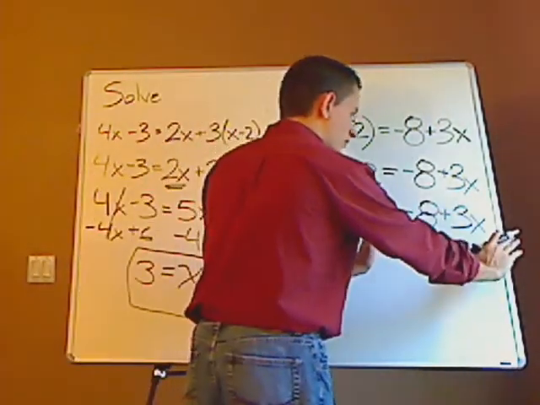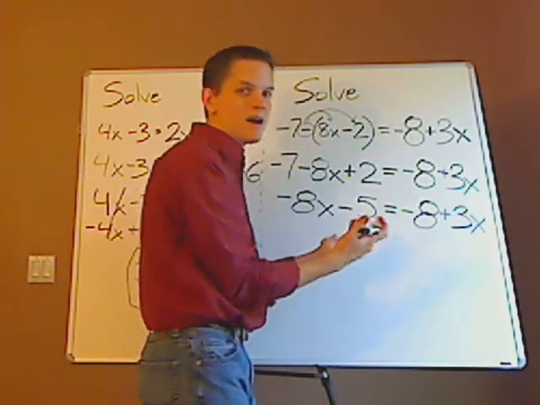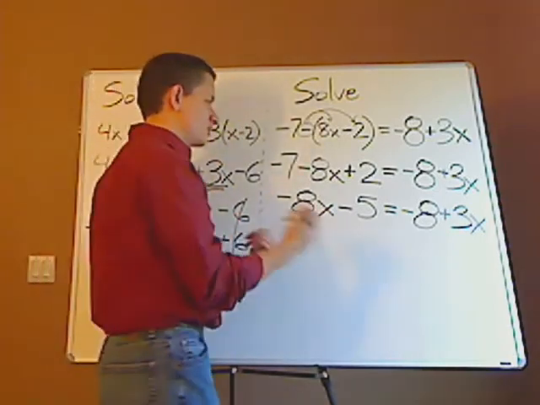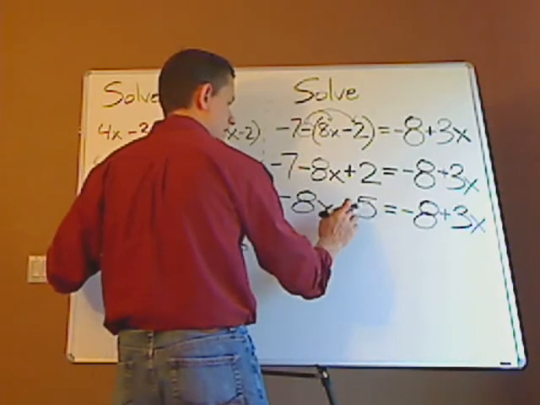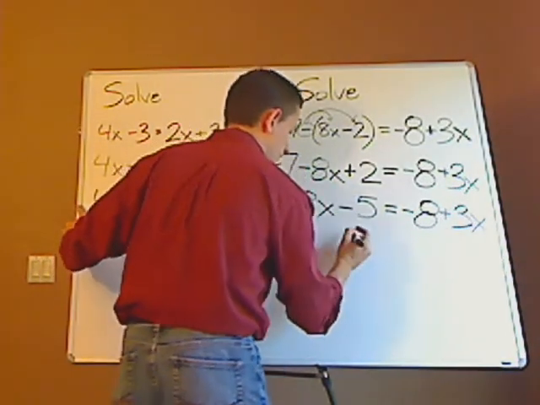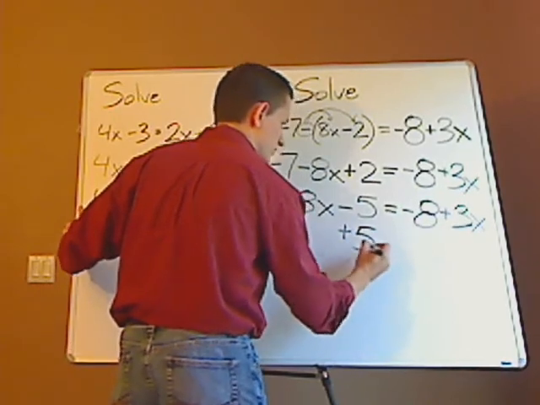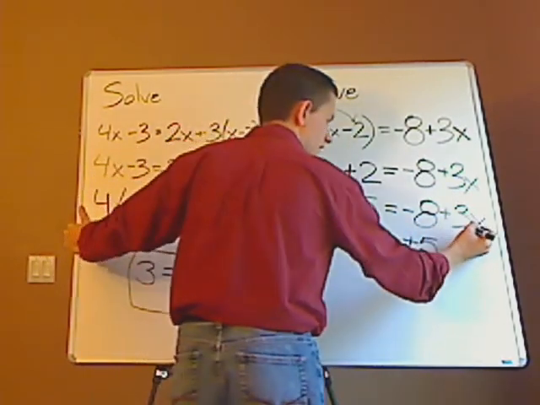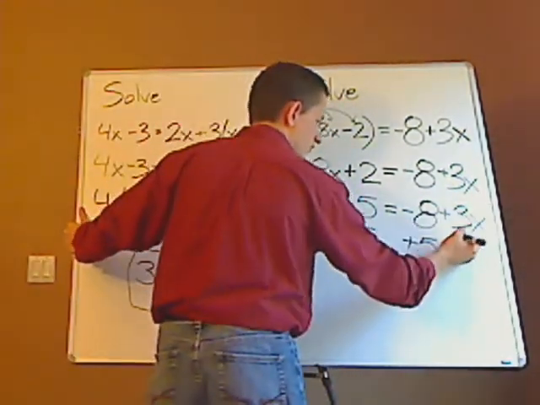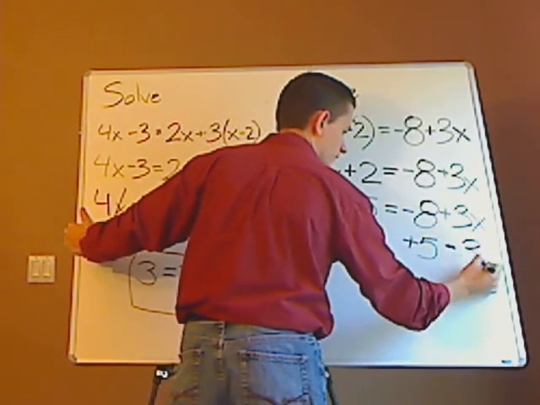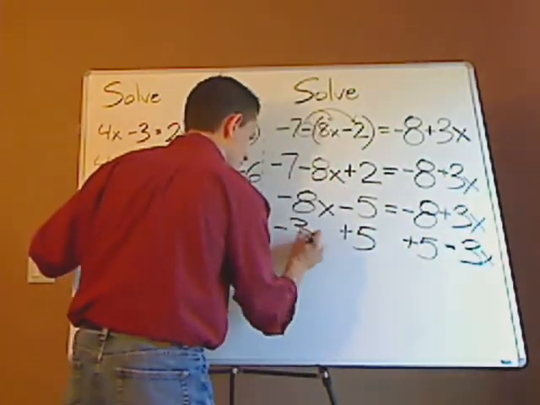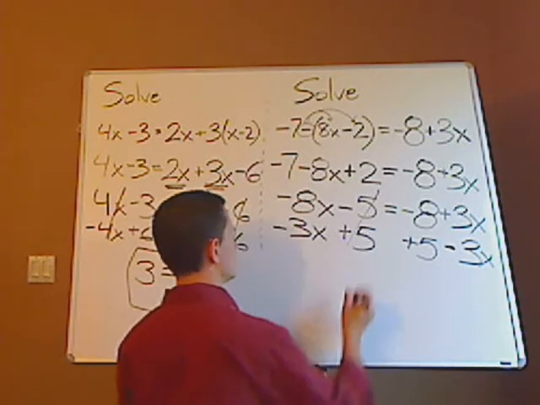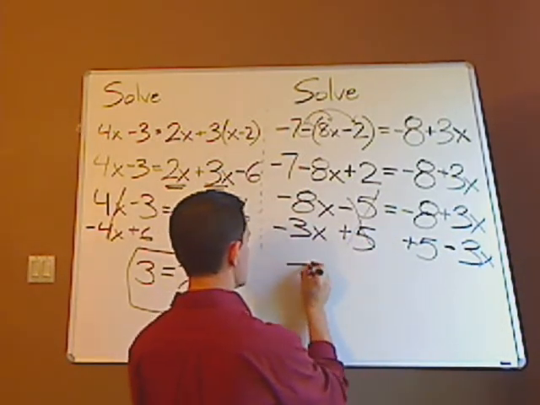Again, I'm going to move all my variables onto this side just because I like positive coefficients. Actually, let me do the opposite. Let me show you what happens when you have a negative sign. And you're going to put this over on this side. So plus 5, you just do the opposite. Plus 5. Now this is going to go over to this side. I want to remove this, so I just simply do the opposite. So that's minus 3x minus 3x. That cancels out negative 5 and plus 5. So no more. So this is negative 11x